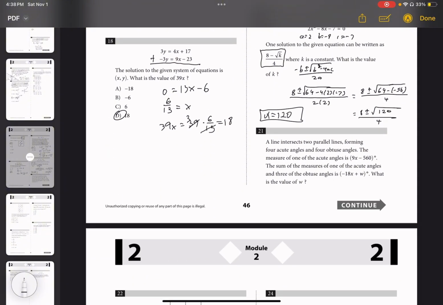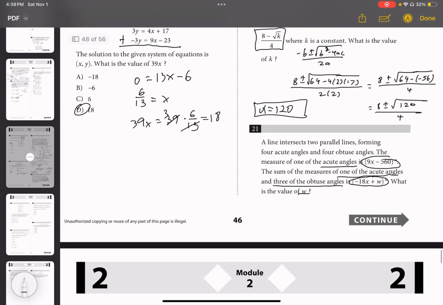Okay, question 21. A line intersects two parallel lines, forming 4 acute angles and 4 obtuse angles. The measure of one of the acute angles is 9x minus 560 degrees. The sum of the measure of one of the acute angles and 3 of the obtuse angles is negative 18x plus w. What is the value of w? Okay, so if we know one acute angle is that, and 3 obtuse and 1 acute is this,